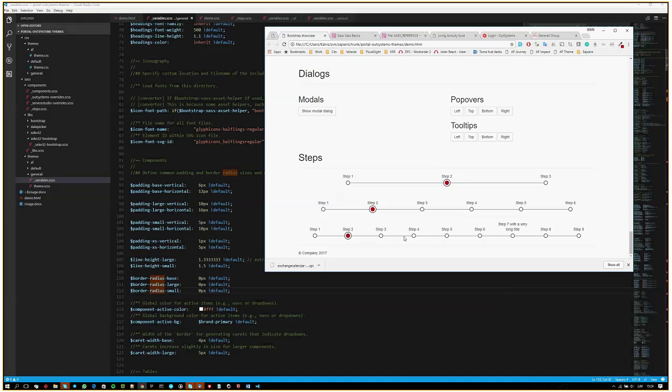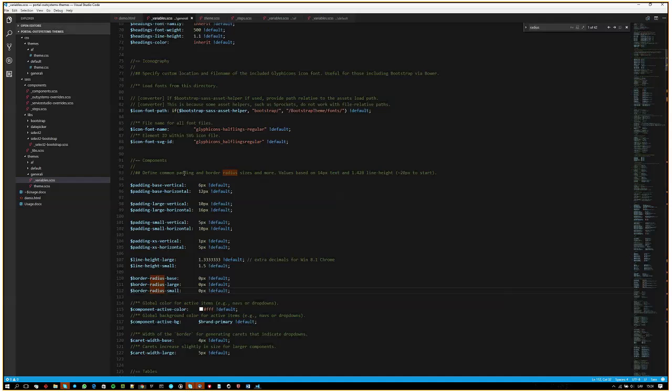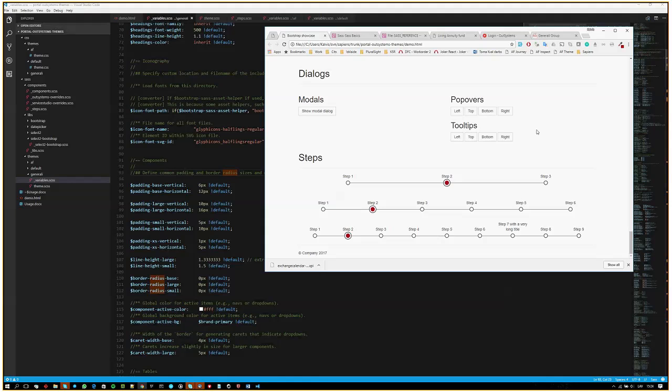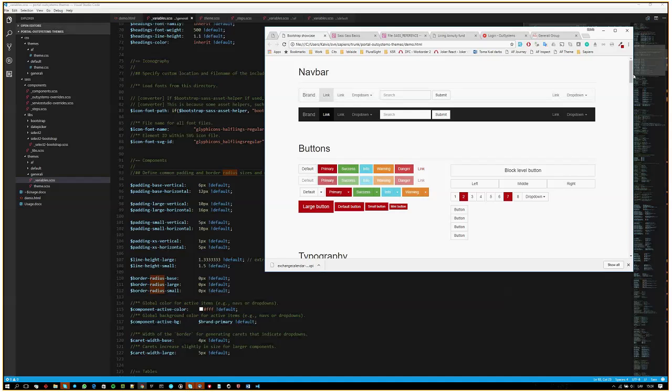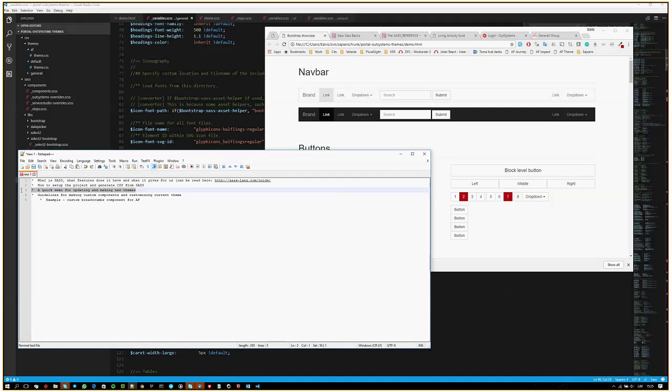So it's as easy as that. You just need to update the right variables, and then it should be really easy to brand the components for different purposes, for different companies. Okay, that's I think it for the third point of the agenda, and let's turn to the next one,